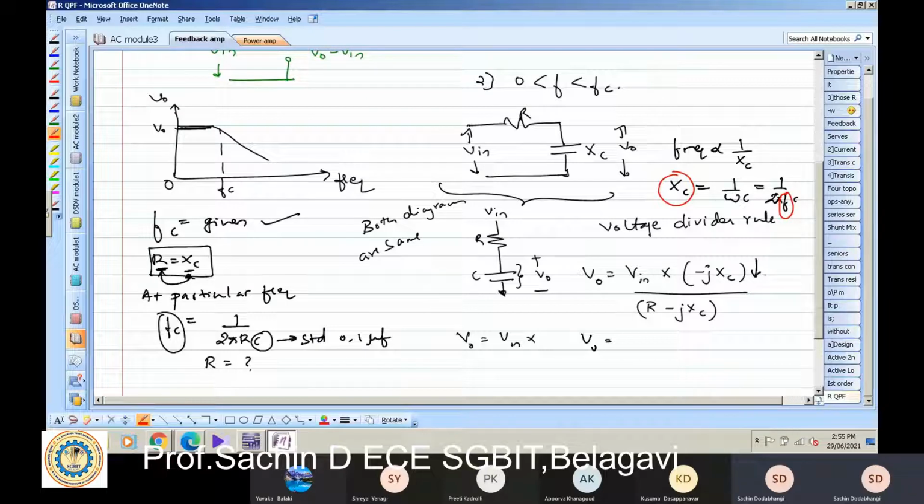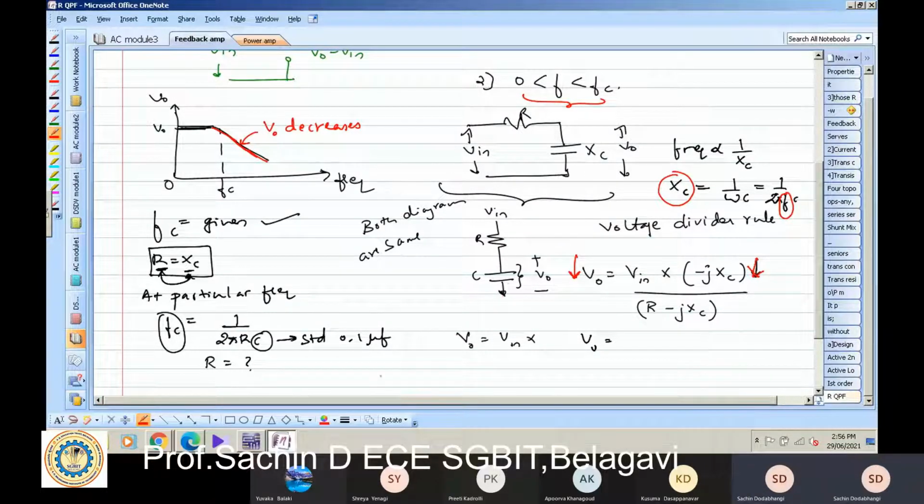So here, when the frequency goes on increasing, I am taking the condition for more than 0 hertz but less than the cutoff frequency. In this range, frequency is increasing means Xc is decreasing. If Xc is decreasing, output voltage will decrease, right? So that's why we get that decrease in output voltage. You can see V output decreases as the frequency increases. Getting it? So this is the theory behind a low pass filter.